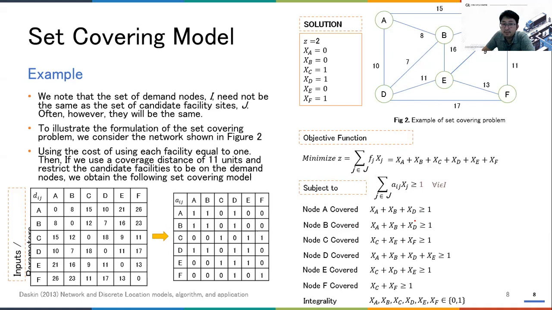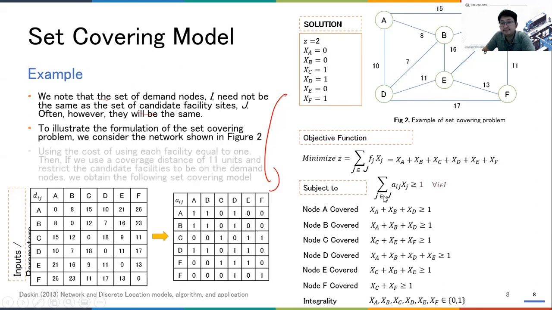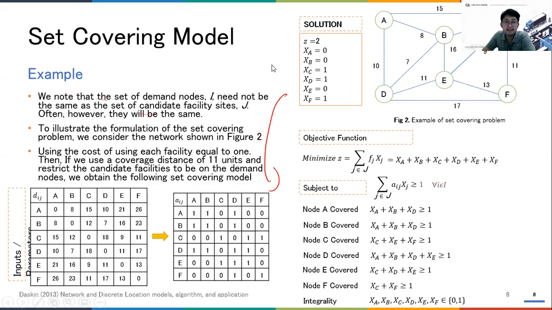But when you write it in the solver, you don't use this form, because your data can always be updated. So you write it in the general summation form, not like this. Next, this is about the set covering location problem. How do you solve this one? You can use mathematical programming, you can use Excel Solver, or you can program it using Python. I will provide you another video tutorial for that.